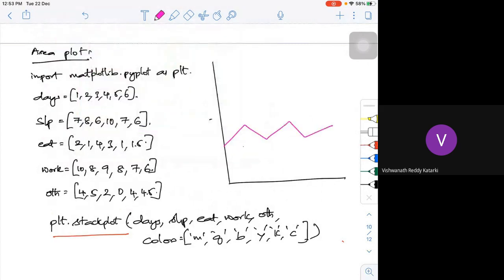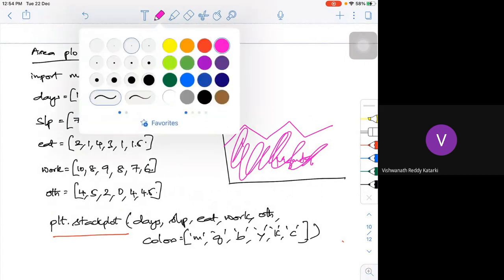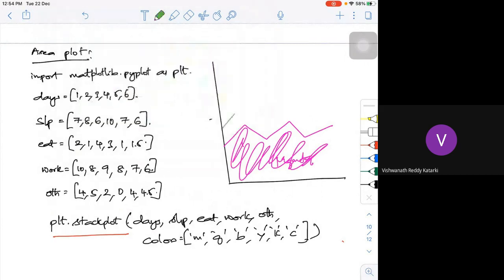So everything under this will be in the magenta color. Then green actually. So I'll go on. I may be having this thing green. So this is completely green color. So this is how you are going to get your stack plot. Stack plots are used to show such areas. It's a two-dimensional plot. To show such areas, we take it.